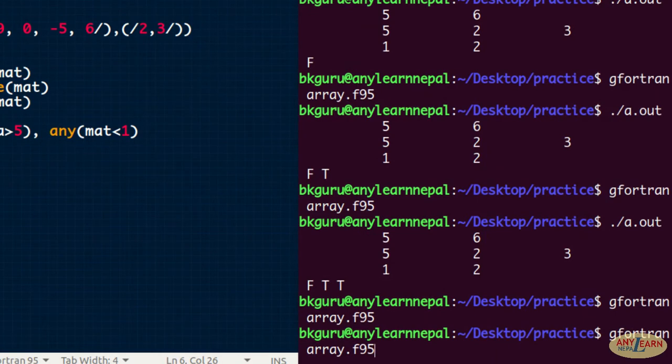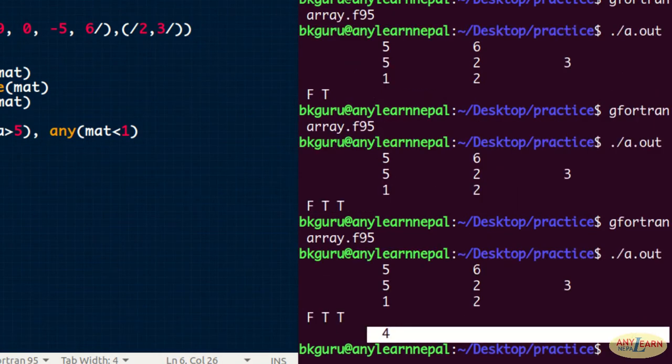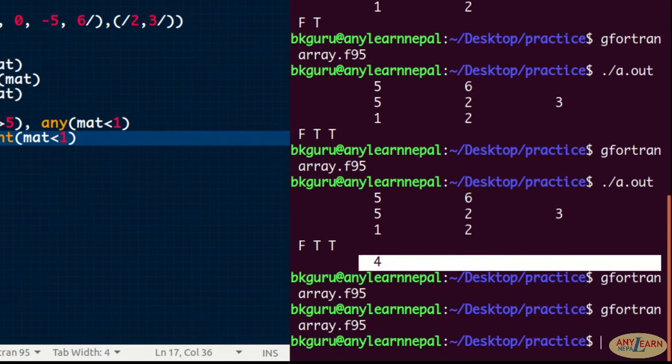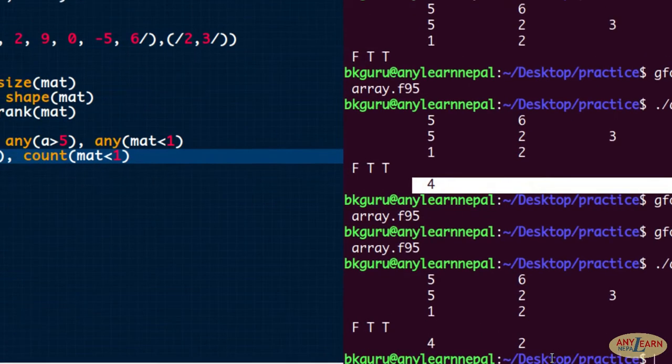Let me run that. Yeah, we got 4 elements which are greater than 5. You can count for the same in the second 2-dimensional array also. I will say mat less than 1. Count how many elements of mat are less than 1. If we count, yeah, it says 2.